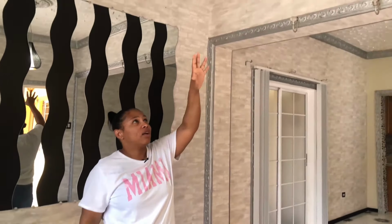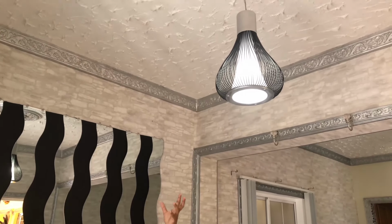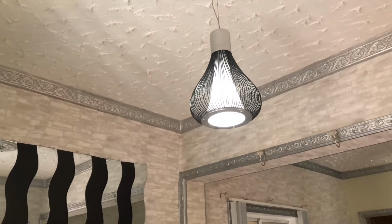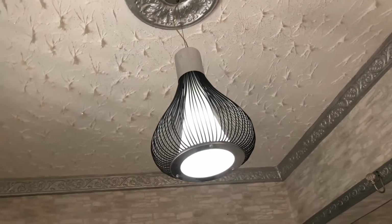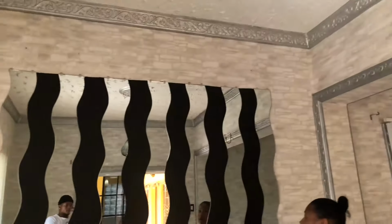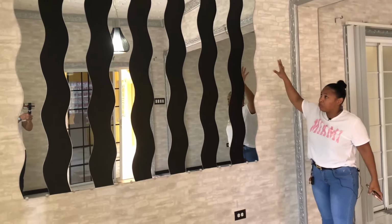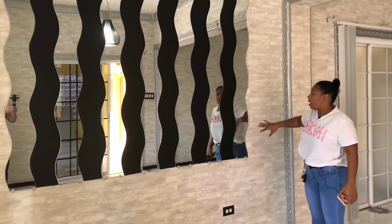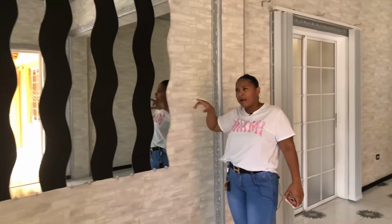Alright, so I want to talk about a few features of the property that I really like. So there's this silver and black chandelier, I would say. I really love the feature. I think it ties into the whole design. It also complements this wall feature over here, which we removed the wallpaper and we decided to get these custom glass cut. I got these cut at this company called